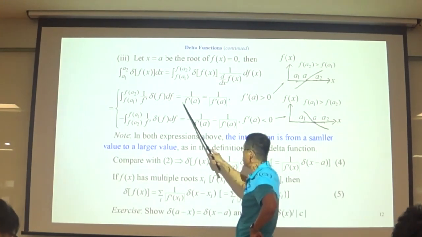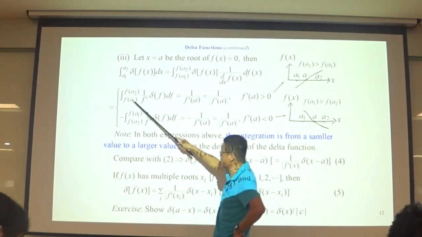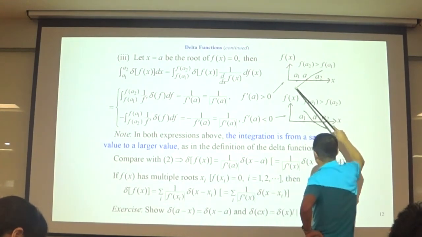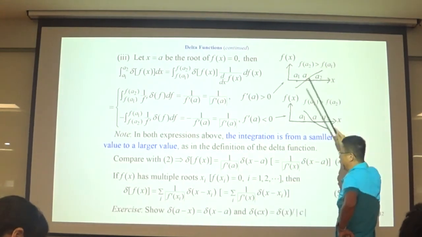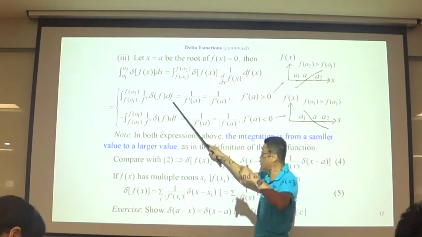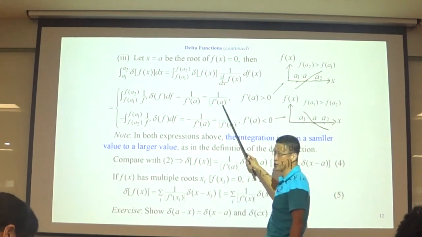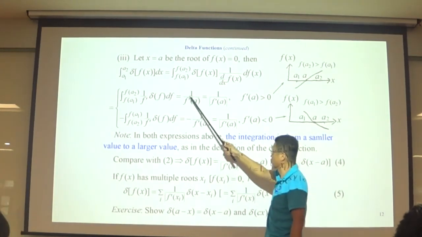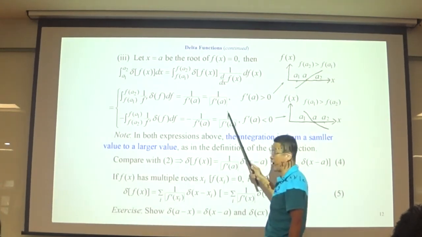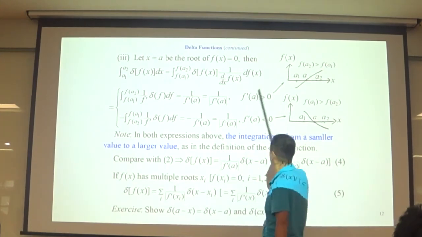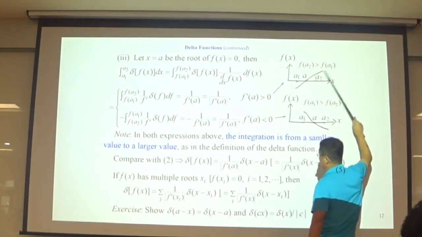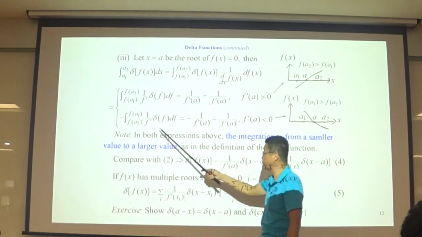So after integration, this one goes from small to large. So it makes sense: increase. Therefore, after integration, it should be this one. You can write this form or the absolute value, the same, because this is positive. And then from here,